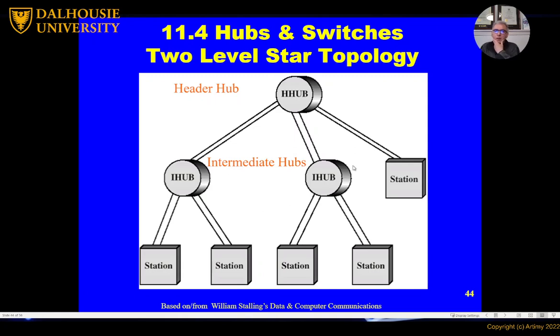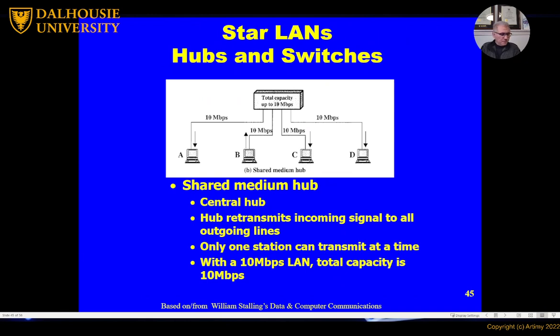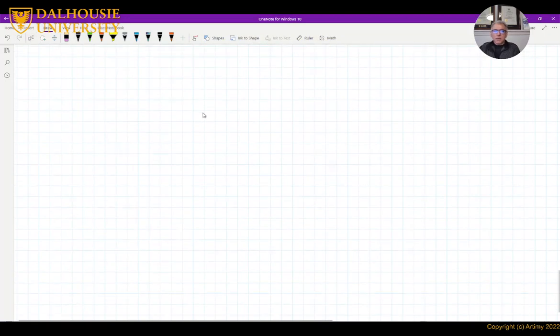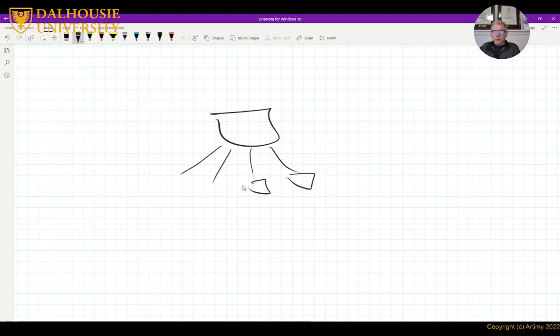So we talked about hubs and switches. What is the benefit of hubs and switches? We saw that if we have a hub here, we can connect nodes to it.